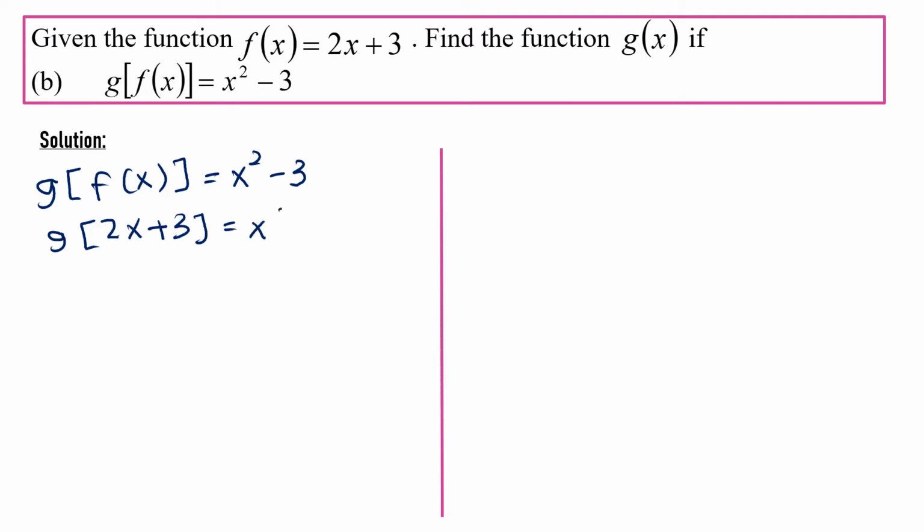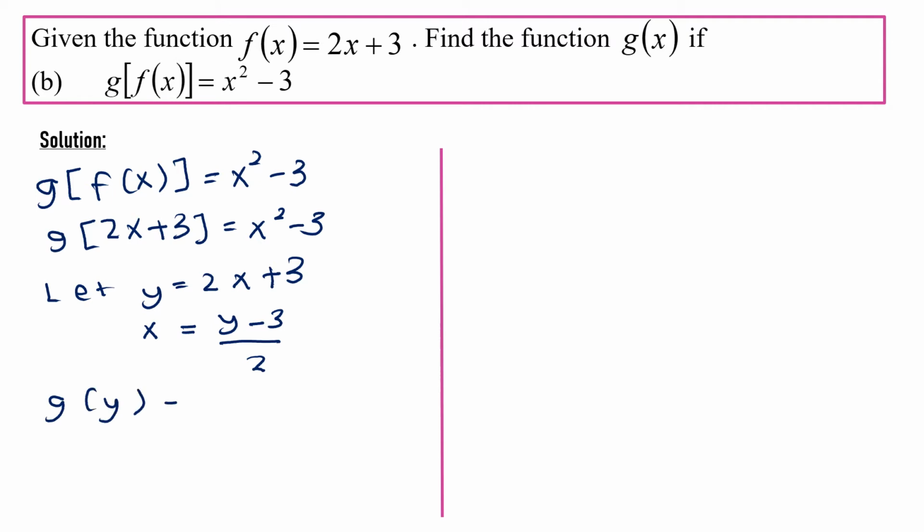Okay, and for this case, because we want to find the outside function, we need to let y equal 2x plus 3. Okay, and then rearrange this function so that x becomes the subject. So we have x equals y minus 3 over 2, and then substitute back in the function. We have g of y equals (y minus 3 over 2) squared minus 3, and then we just